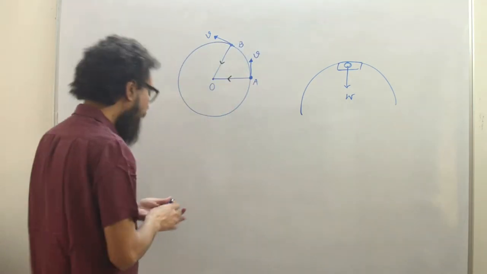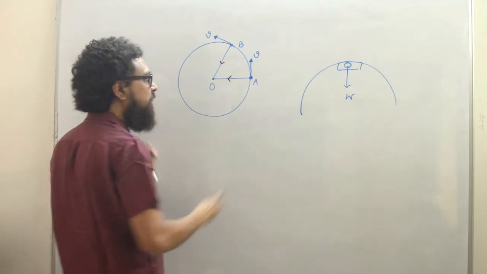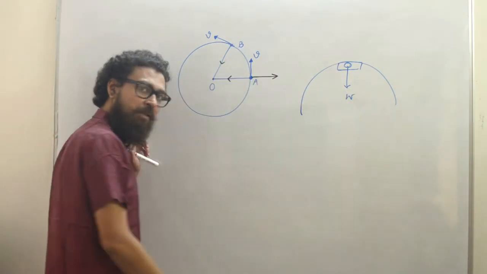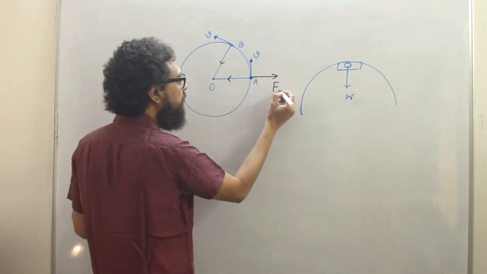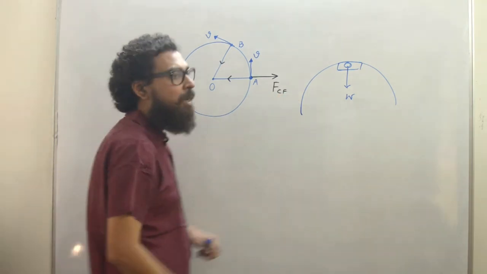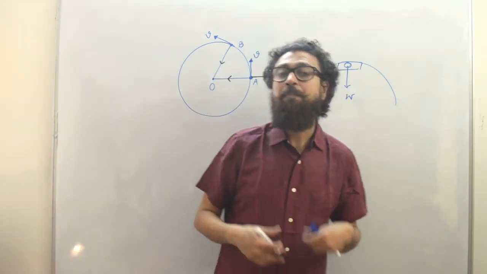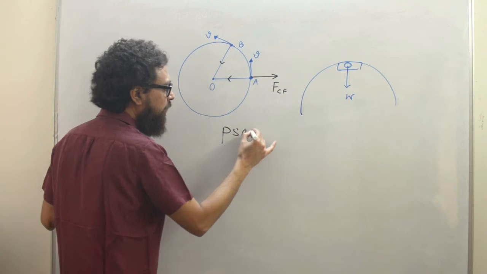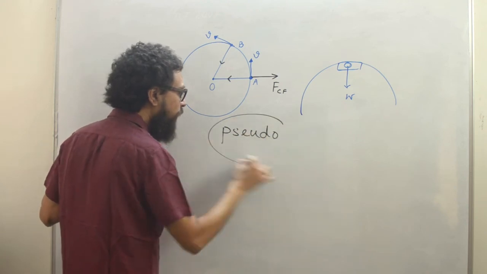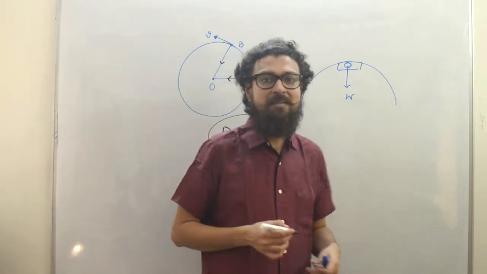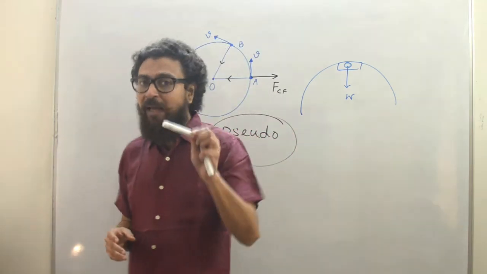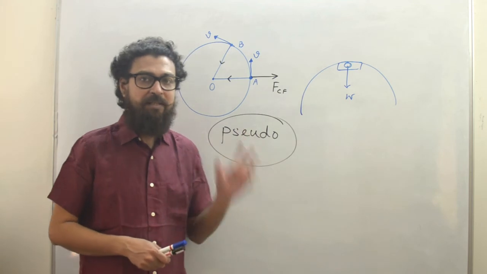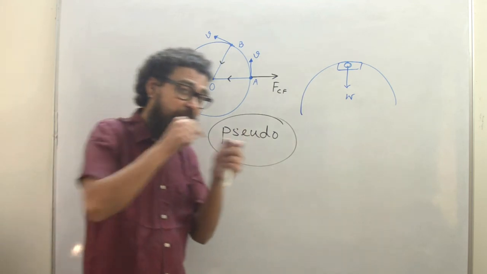Similarly here, when we have a centripetal acceleration, we also have a centrifugal one, which is away from the circle, and this force is called the centrifugal force, or the acceleration is called the centrifugal acceleration. And this is what I said, that this is pseudo. That means this is actually non-existent. So in real life, from the real point of observation, this force doesn't exist. But when we are actually within the system,